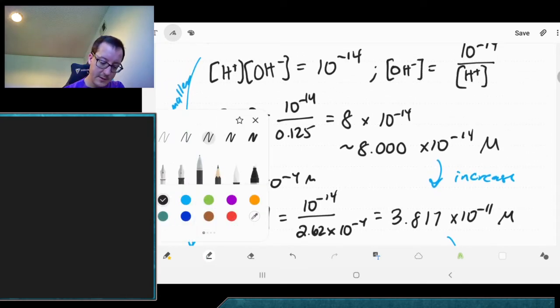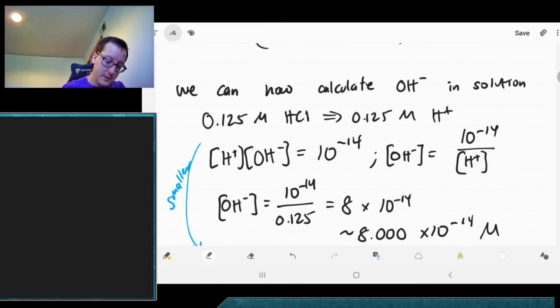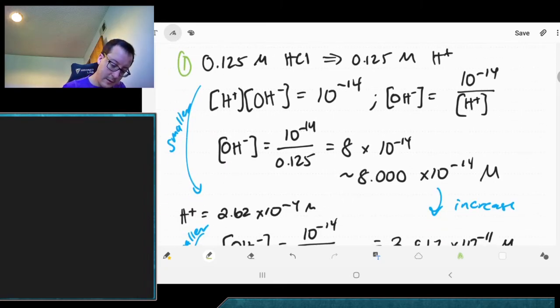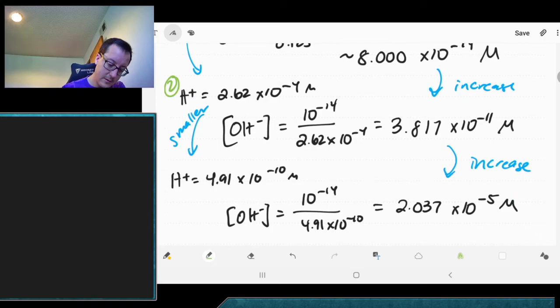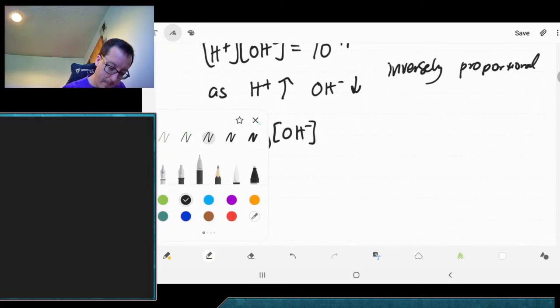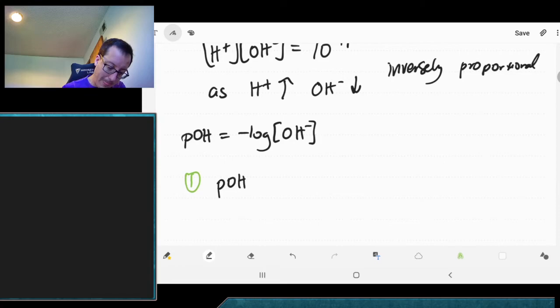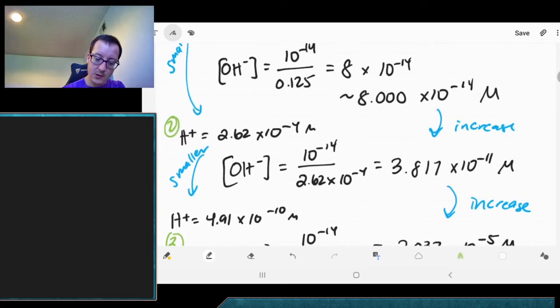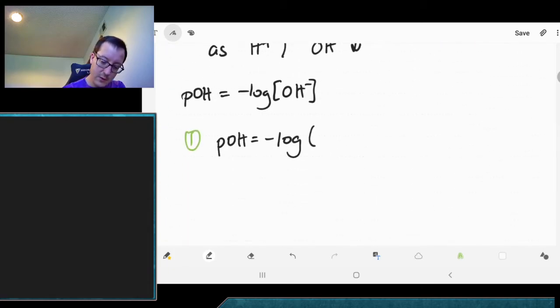I'm just going to call this solution 1, solution 2, solution 3. All right, so for solution 1, if we were to find its pOH, 8 times 10 to the negative 14,